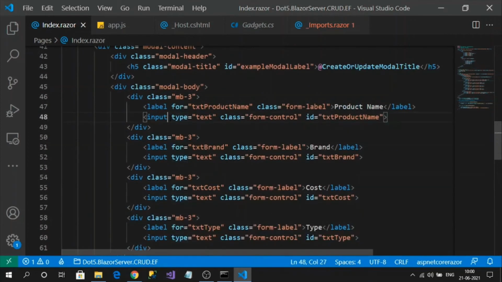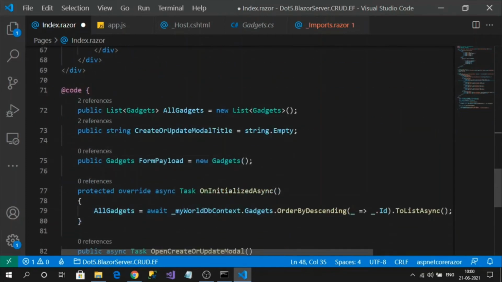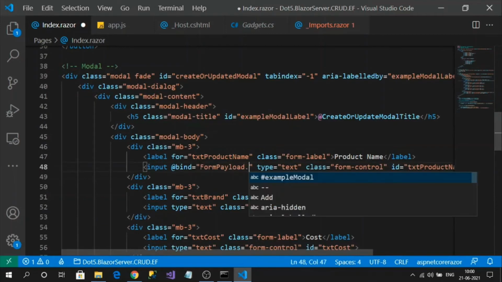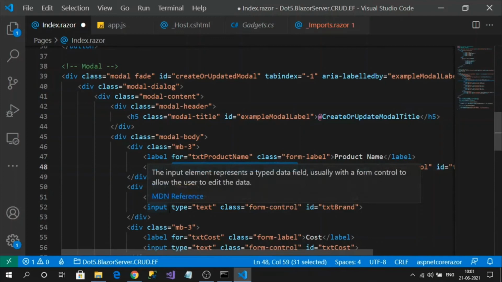To do that for two-way binding, we need to use an attribute like @bind. So which property I want to bind? FormPayload.ProductName. Okay, like that all input fields must have the bind property enabled.